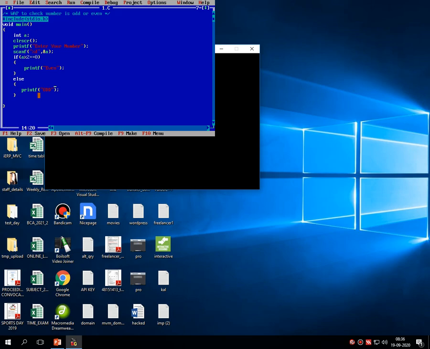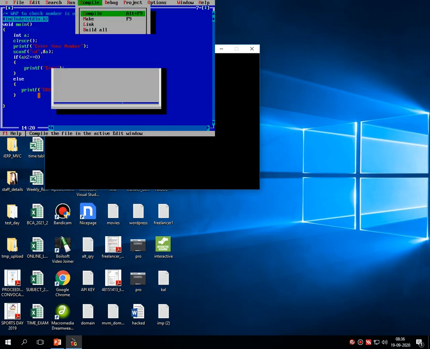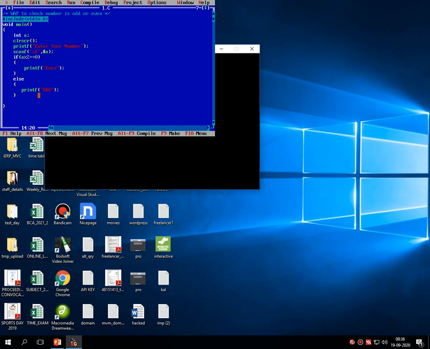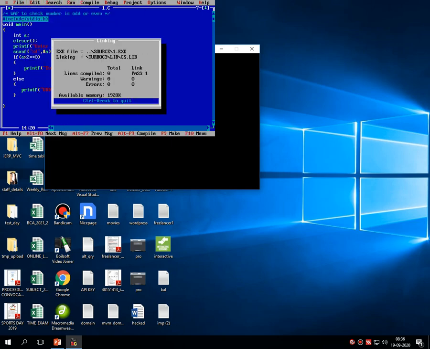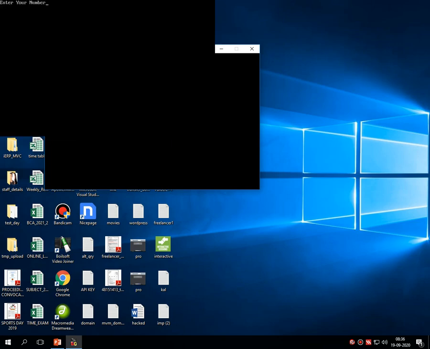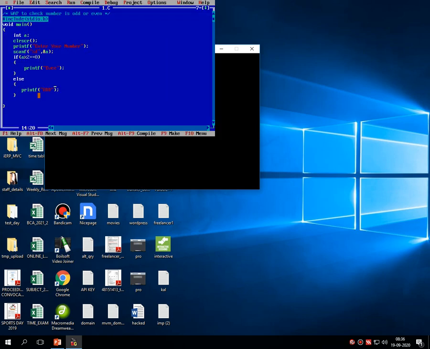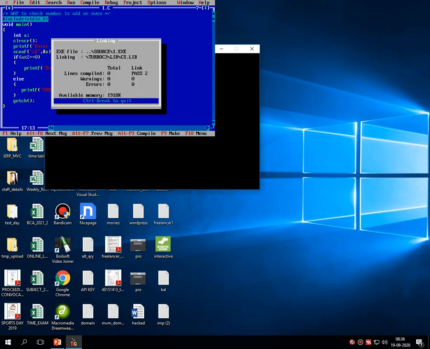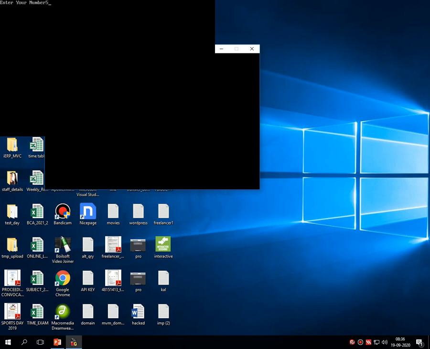Let's save the code, compile it, and then run it. It asks for one number. Suppose I am entering 3. 3 is an odd number, so it will print odd onto the screen. Here I forgot to write one more statement, that is getch. Let's include that at the bottom and rerun the code. Suppose now I am entering 5. 5 is again an odd number, so it prints odd.